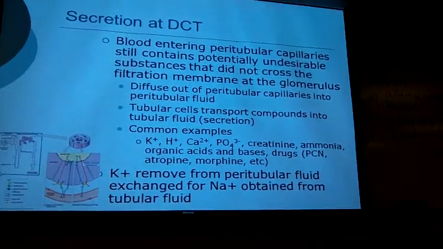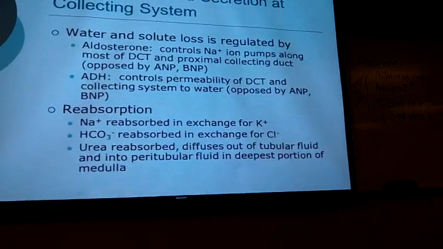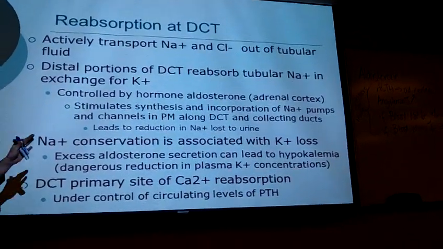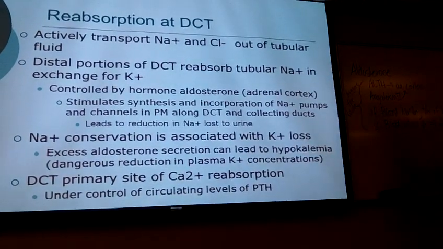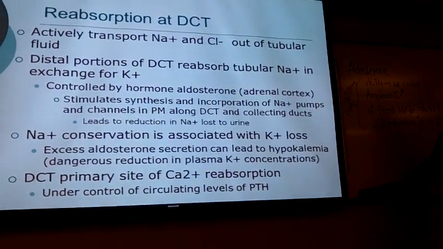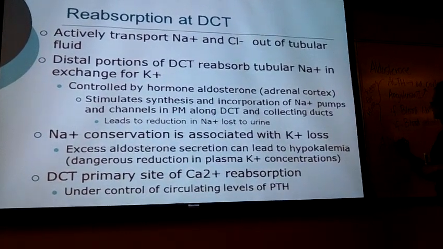Now, I also want you guys to know where I put it. It's in your slides, I just don't know which slide it's in, so let me just write it out. I also want you to know how ADH is working. So ADH,